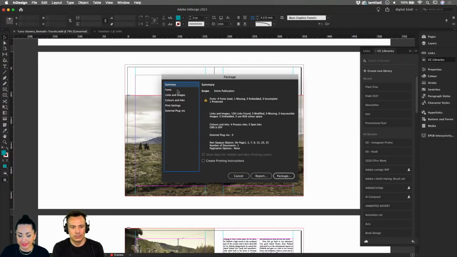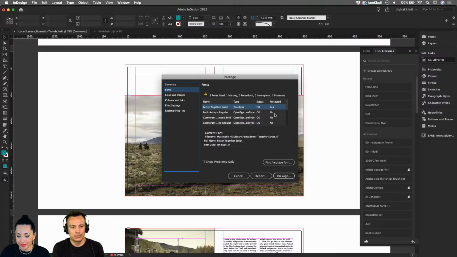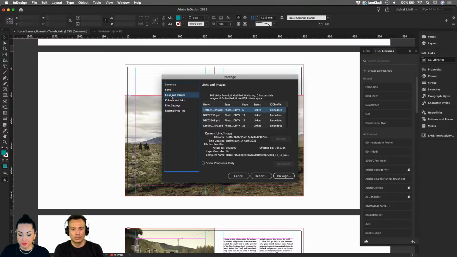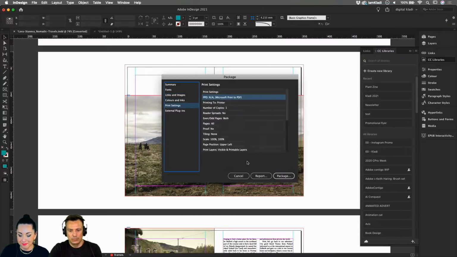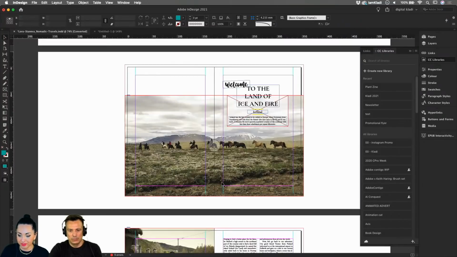Now you want to make sure that for the fonts, you do have all the fonts embedded in here, and we can see that we have one missing, which is Lucida Bright. It is a font that is actually missing, and we could perhaps replace it. So that was something, Laura, that you probably wanted to check before you submit it. And again, links and images. We have some images that are embedded inside the actual package, but let's go back and see the actual embedding on the images. So I'm going to go ahead and click on cancel.